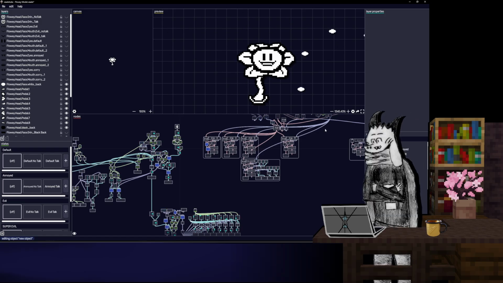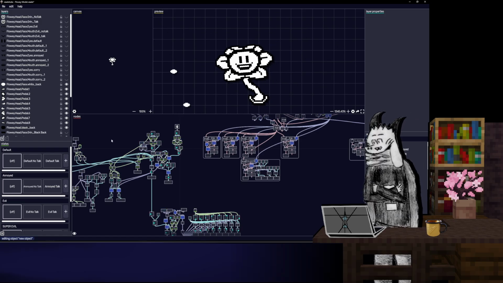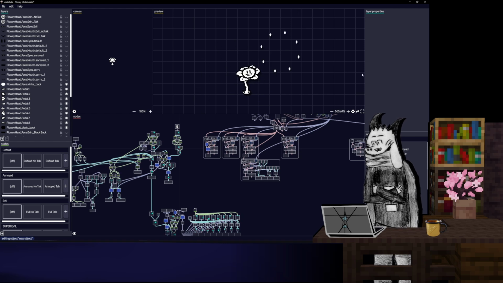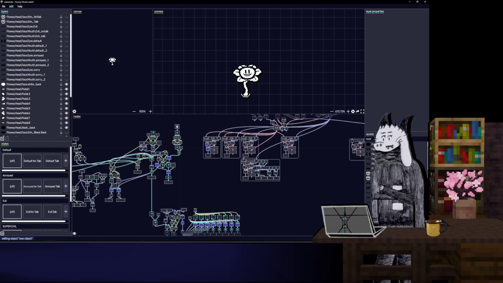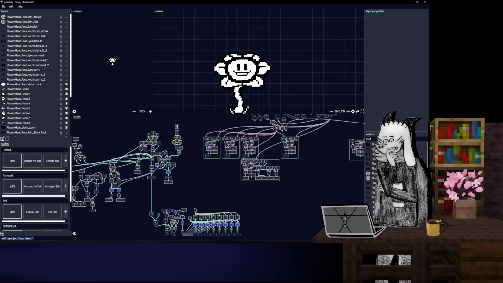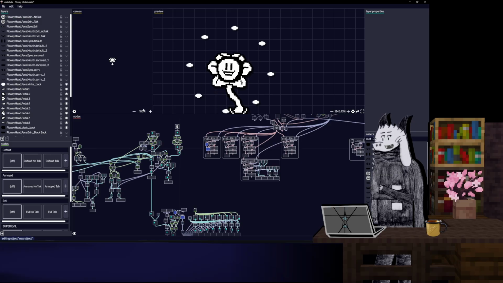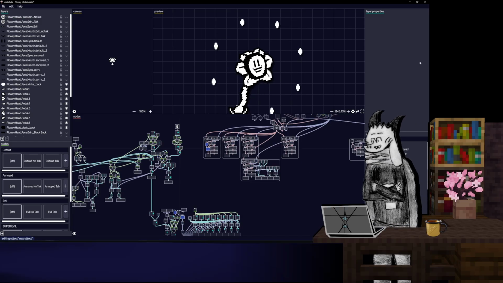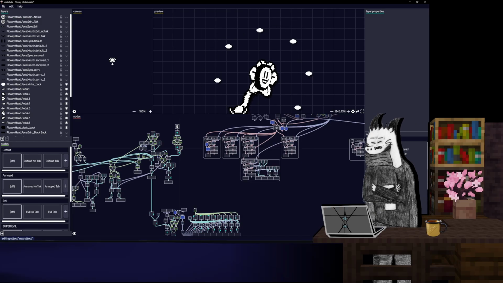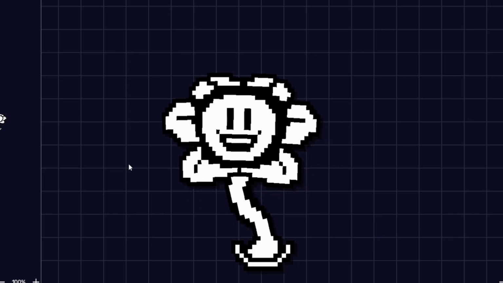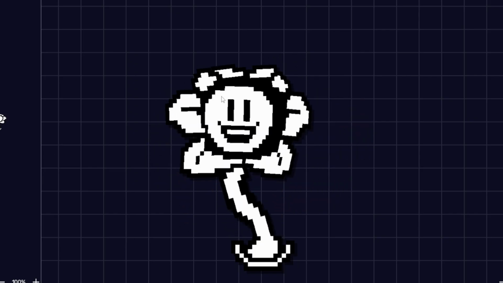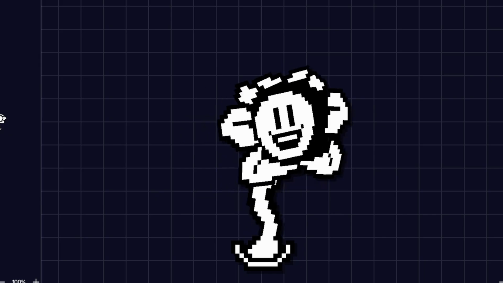There's a certain key combo that I can use to split the flower petals off of him, and I can fly them around with my mouse, which I can then click. Now they hide behind him. There's also another toggle where I press Alt and X. It allows them to move around a bit, which is honestly kind of trippy, especially seeing how, as I move him around, he almost looks 3D, depending on